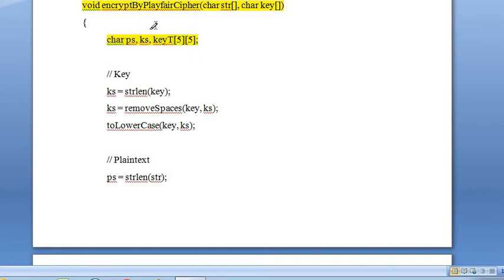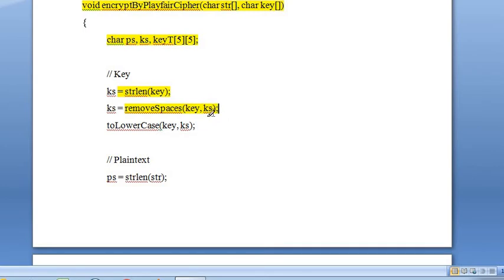Since it is a 5x5 matrix, a 5x5 multidimensional array will be taken. For the key, we first want to know the length of the key, because only after knowing the length of the key can we fill the 5x5 grid. After that the spaces will be removed.